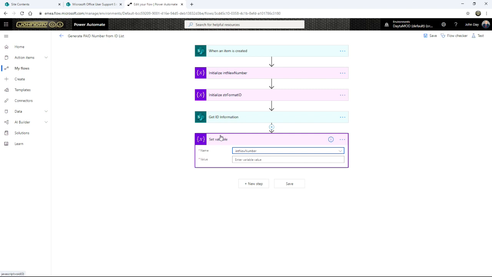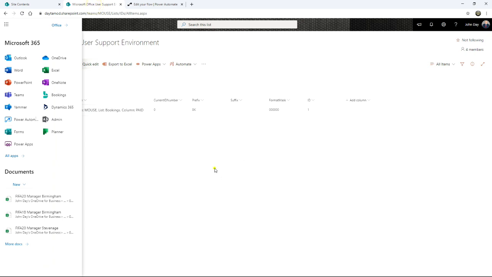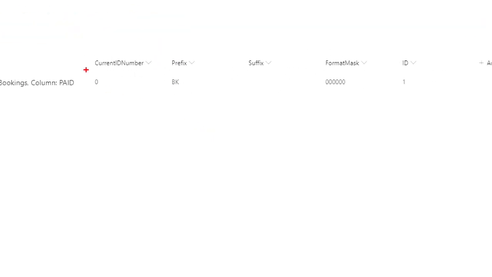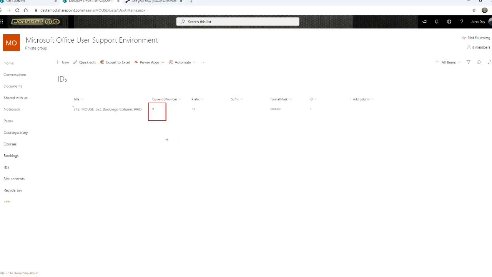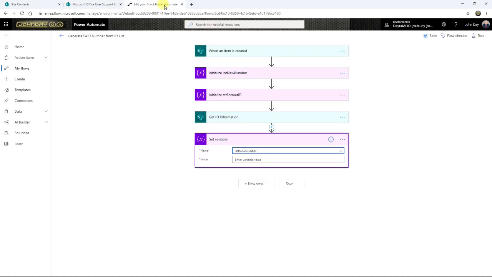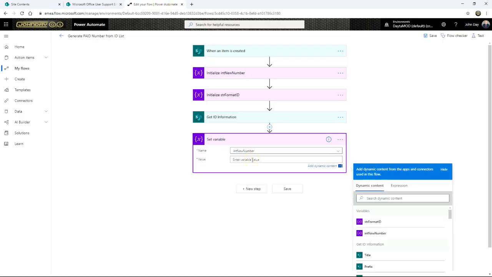And what I want to do is grab the new number that is in the bookings ID. There it is, and it's going to go and grab the current ID number, pull it in, and then add one to it. So I'm going to do an expression that will do this for me. I'm going to click in that box below for the value, go into the expression,